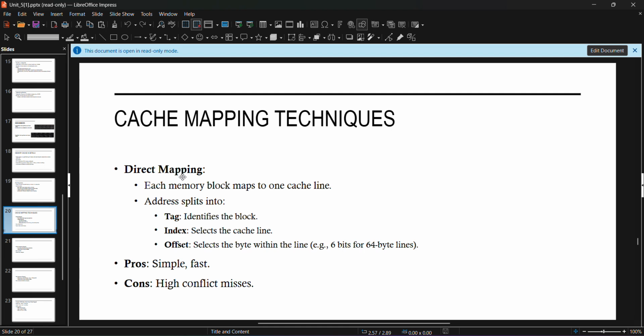Now, what are the advantages of this method of caching? It is simple and it is fast because each memory block has occupied one spot, a specific spot in the cache. But then the disadvantage here is that there are high conflict misses due to the fact that two memory blocks cannot